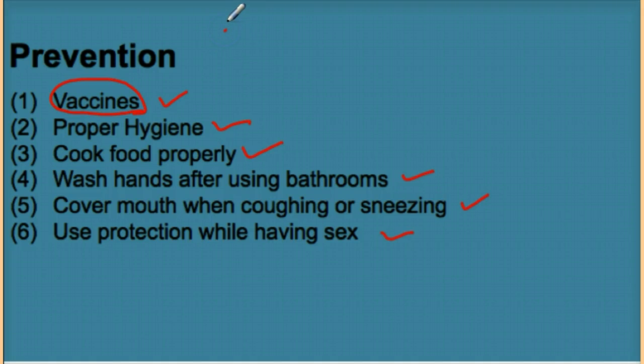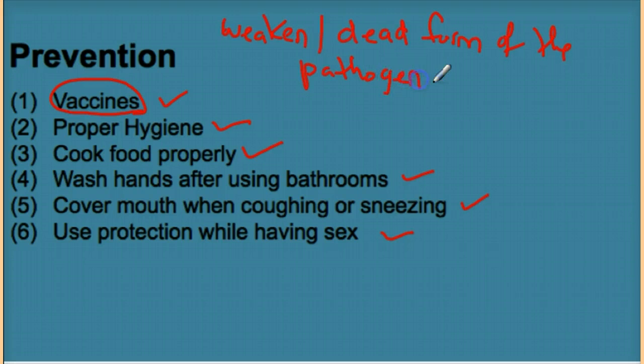Basically, you are using the weakened or dead form of the pathogen. So if you are developing a vaccine for bacteria, you will use the dead or the weakened form of the bacteria. If you are developing a vaccine for a virus, you will use the dead or weakened form of the virus. Once that happens, of course, your helper cell will produce antibodies,